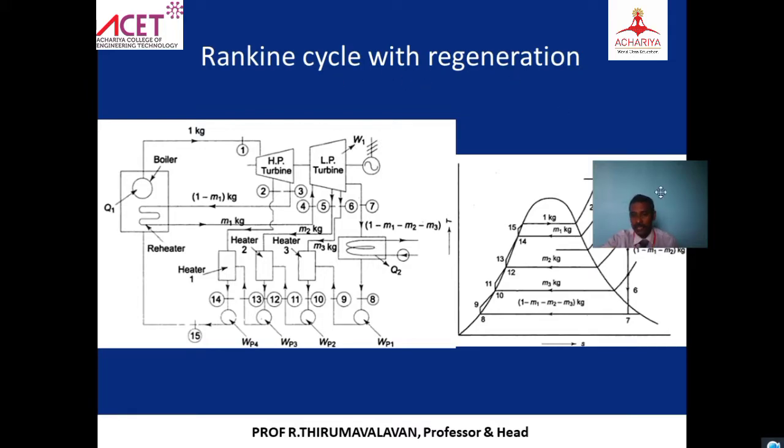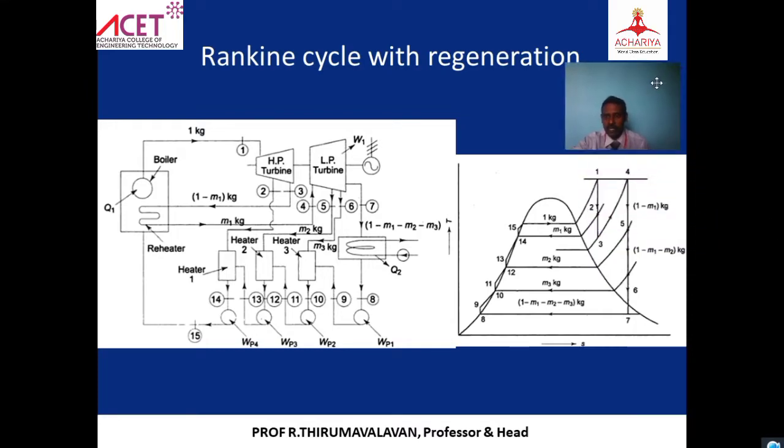So that was seen in this TS diagram. You can see in this TS diagram, the steam at point number 15 starts entering the boiler. It reaches the superheated steam, and then it is performing the work in the high pressure turbine. And then what I am doing is at point number 2, you can see this point number 2, I am taking part of the steam for the reheating process.